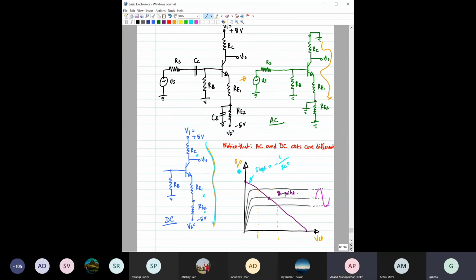We have to approximate that IE is almost equal to IC. Then we will get this. Yes, we are considering the beta value. Beta value is high, so that way we can approximate IC equal to IE. So the slope is minus 1 by RC plus RE1 plus RE2. Whereas now for the small signal, if you see,